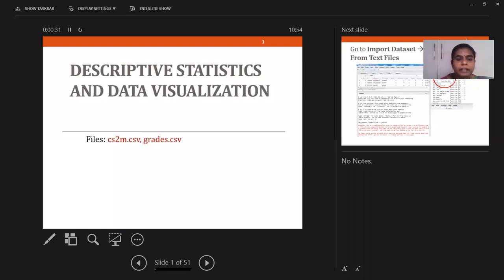As I told you, data visualization is a big area where we can understand the data by its visuals. When you visualize the data, since you have a large amount of data, the abstract information about the data itself can help you very much. So that is what we are going to start with.